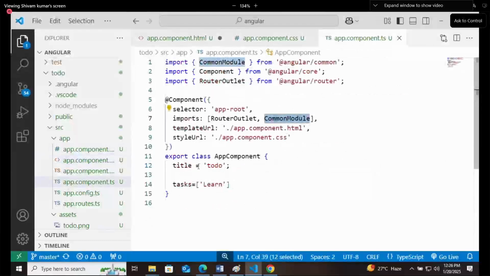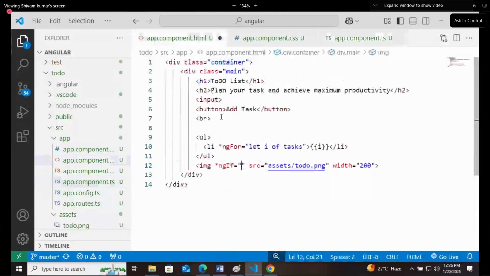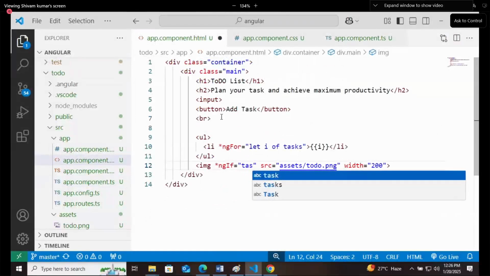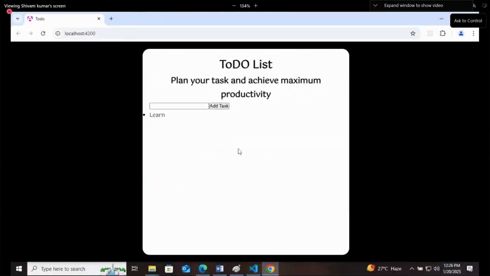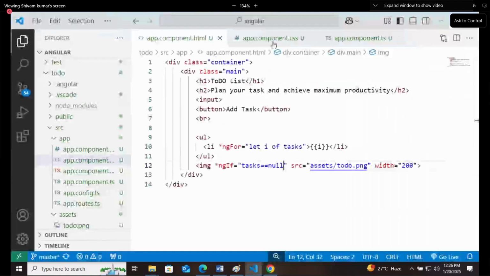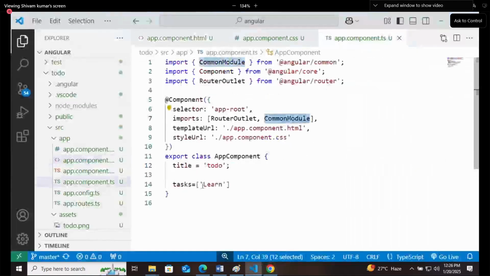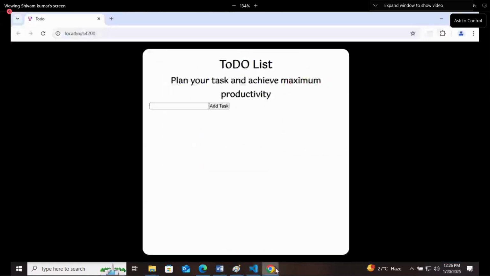Tasks is equal to null. If tasks is null, then only show this image. Now the image is removed. If you make your array empty, oh, the image is not coming.